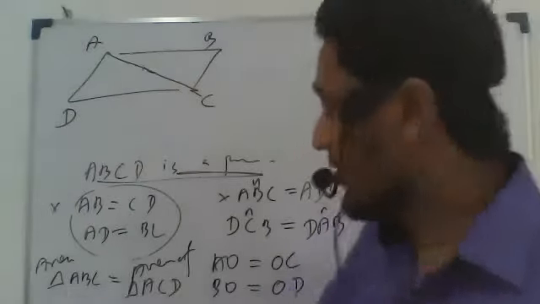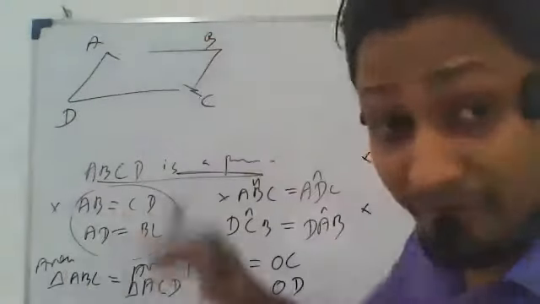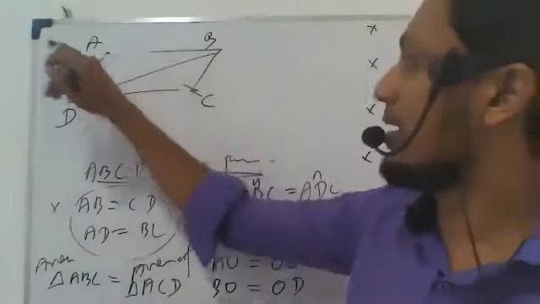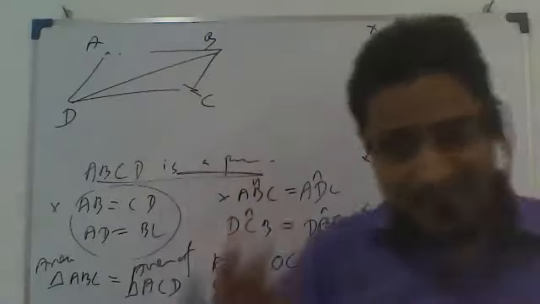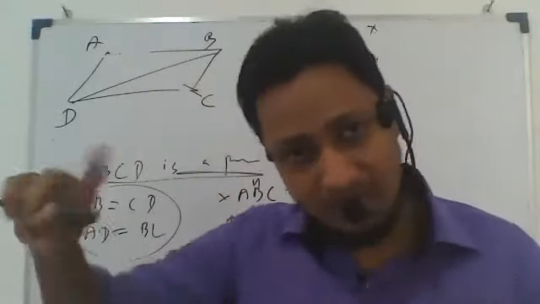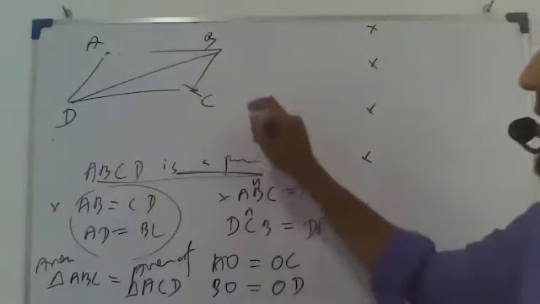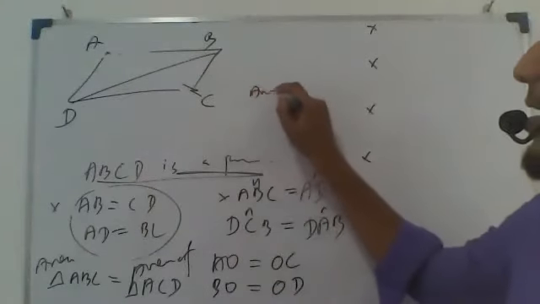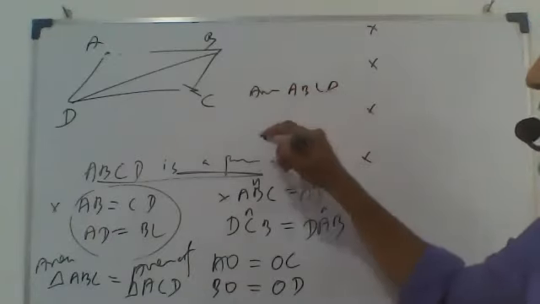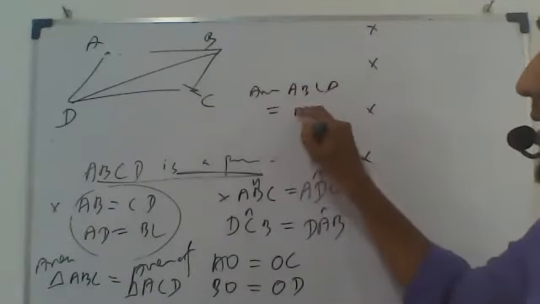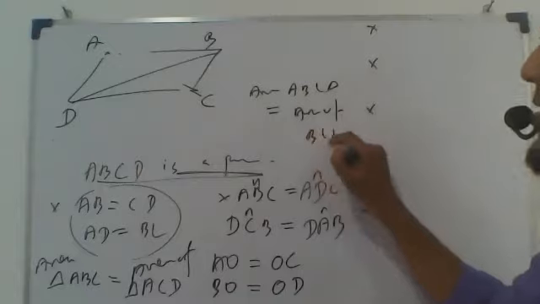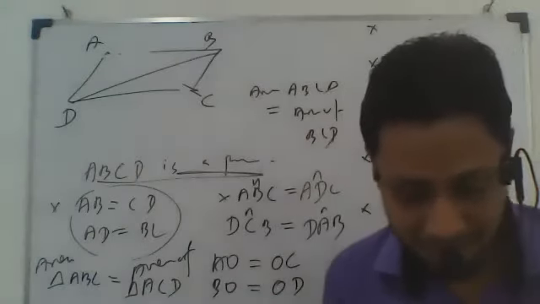Not only like this. If the diagonal is drawn the other way, what will happen? The diagonal bisects the area of the parallelogram, so even with the diagonal AC or the diagonal BD. Tell me, the area of triangle ABD is equal to the area of triangle DBC. Can you understand?